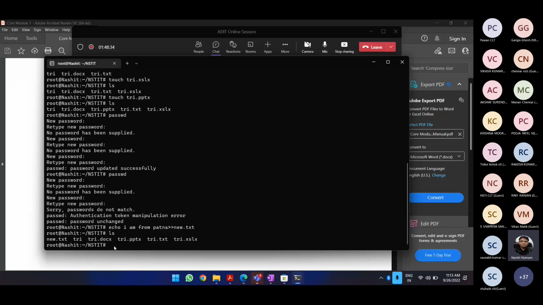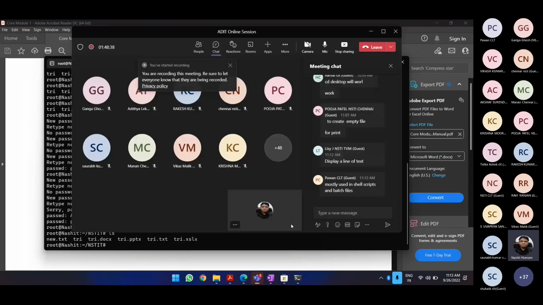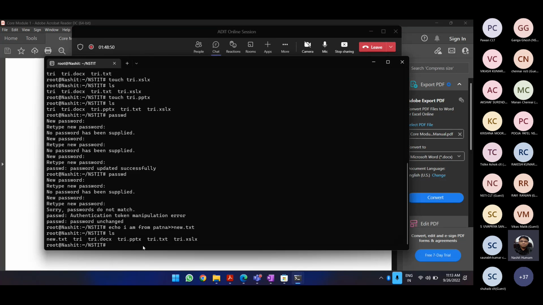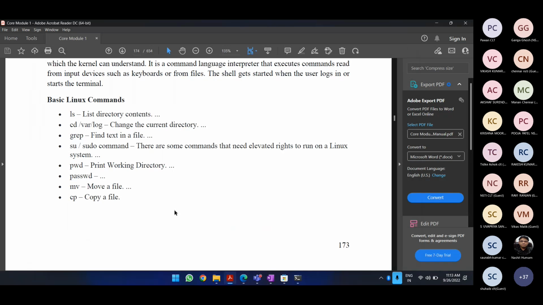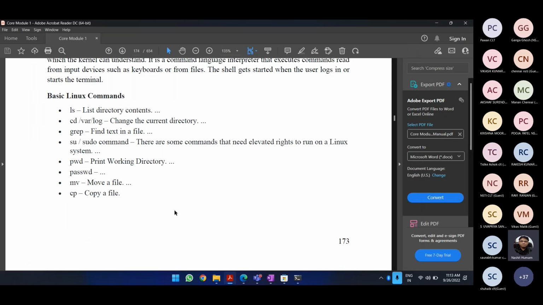We can have a lot more commands, which have mostly been used already. We would display a line of text. No, not exactly. We can have a lot more commands. We can have copy, move.